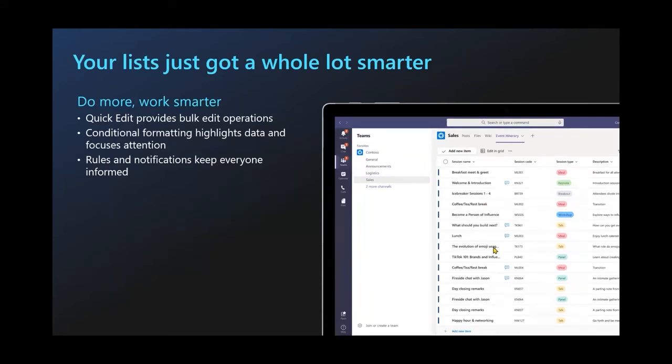You can also add conditional formatting. So this is a little bit more advanced, so we won't talk about this today, but if you're familiar with Excel, there are going to be a lot of similarities between the two. And one of those is conditional formatting. So for example, if something has the status of approved, you might want it to automatically change to green. Or if something is past its due date, you might want to have it automatically change to red. So you can apply conditional formatting by creating rules similar to what you do in Excel. Again, that's going to be more advanced than what we're going to cover today, but it is functionality that is there.